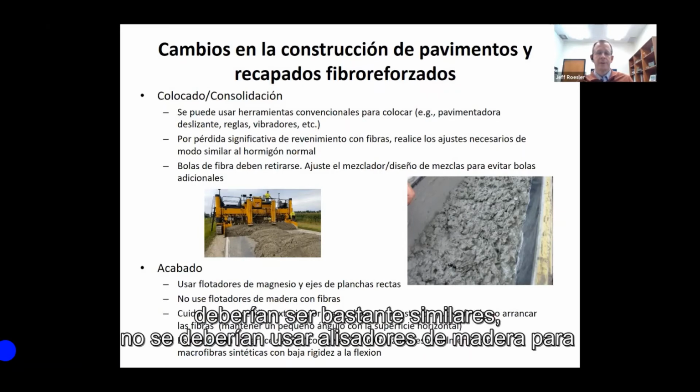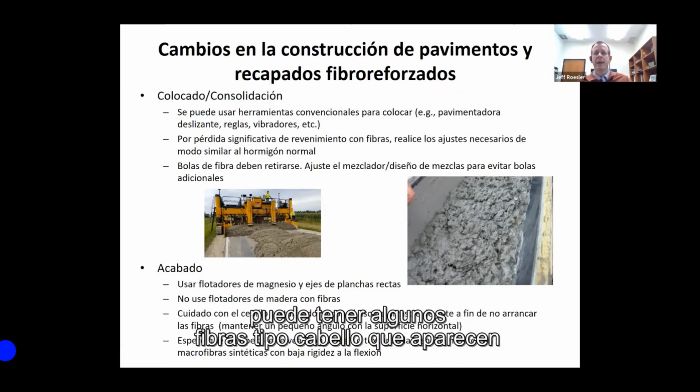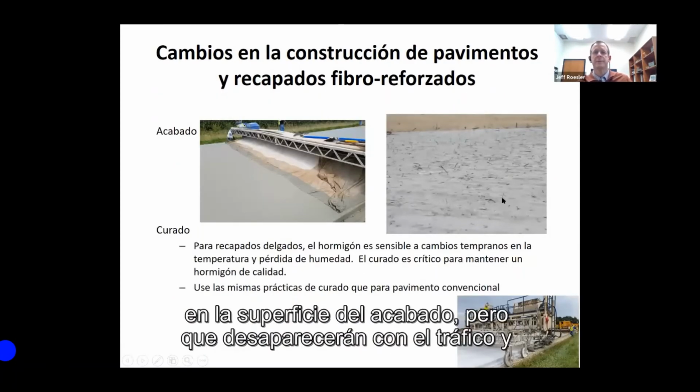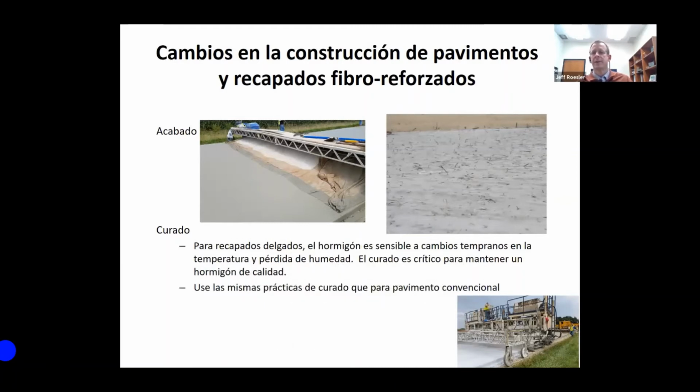Your finishing should be fairly similar. You should not use wood trowels to finish. You can still texture with fibers. You may have some fiber hair, which looks like hair on the surface from the finishing, but that will wear off with traffic and sunlight. And conventional curing is sufficient for FRC